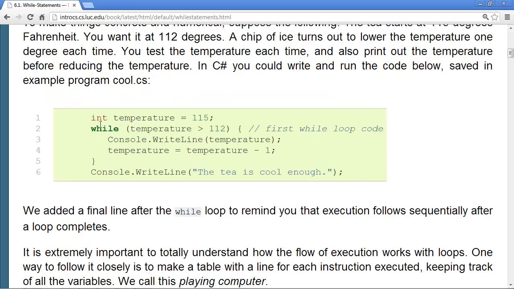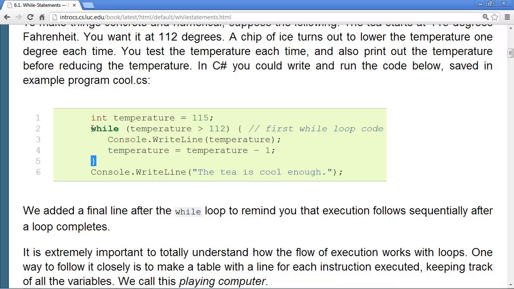So let's imagine going through this. We start with a temperature of 115. It is greater than 112. So we would write the temperature 115 and then decrease the temperature to 114. Unlike the if statement, you don't just then go on to the next statement beyond the closed brace here.